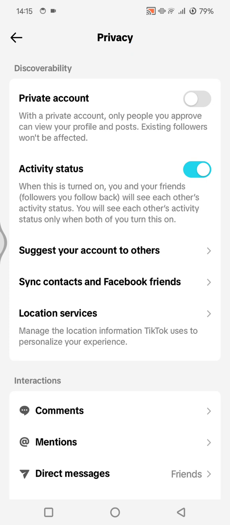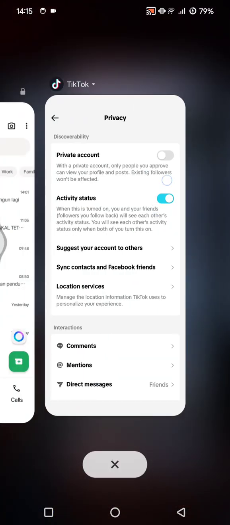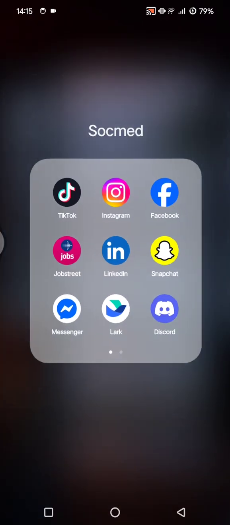So if you don't see the setting right away, you can update your TikTok app first or close and reopen it. Sometimes features roll out gradually. So you can just reopen TikTok again,